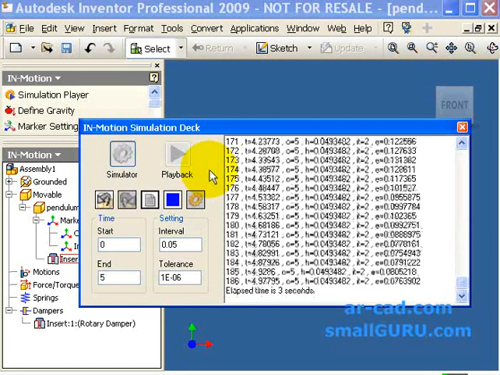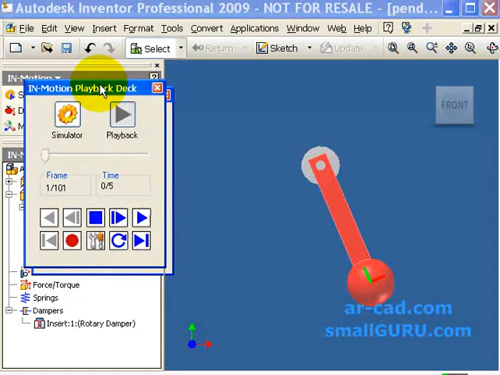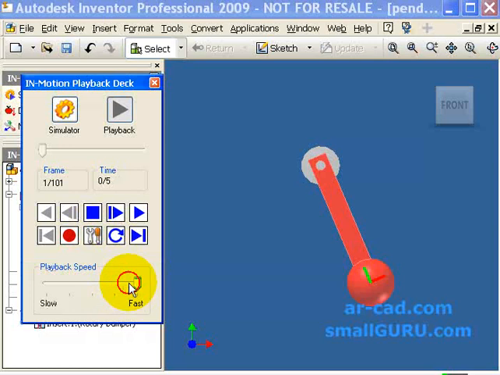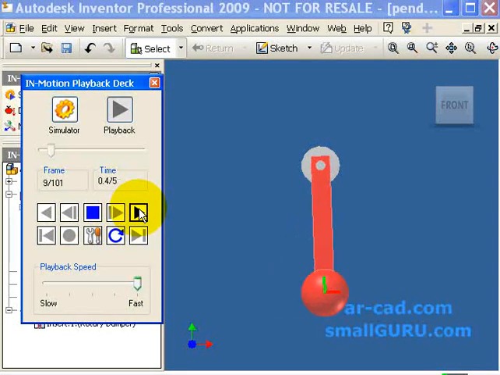after we get simulated data, we go to playback deck, and let's increase the speed of playback. We click on play forward. The pendulum bob is acted by gravity, and since it has a damping at the joint, the oscillation amplitude keeps on decreasing with time. As you can see, earlier the amplitude of oscillation was higher, and now it is getting reduced. Let's stop the animation,